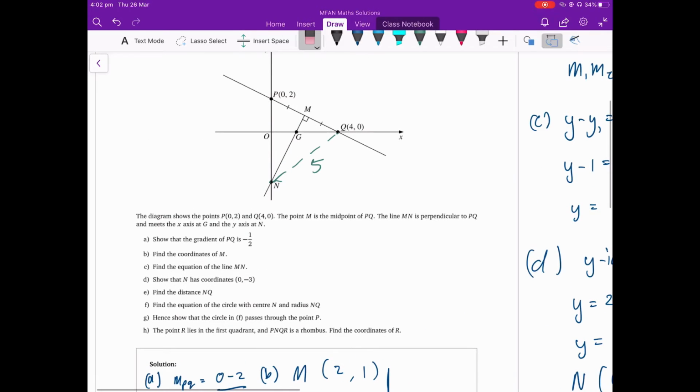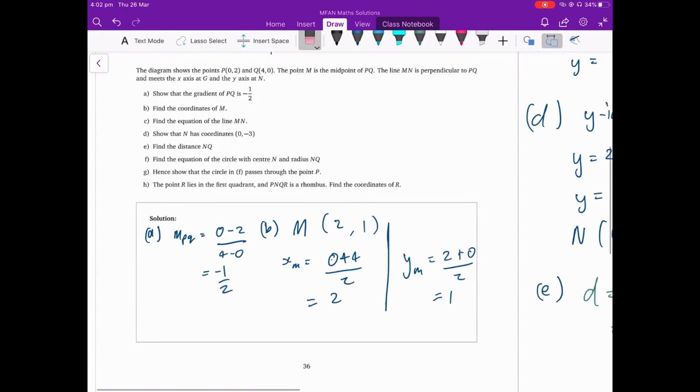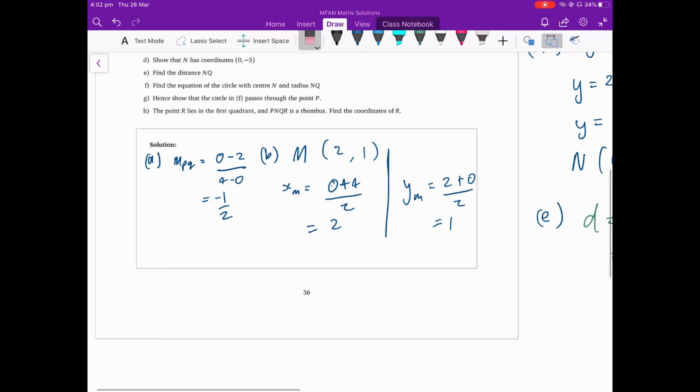Maybe I could do a better one. All right, so not too bad, but I might give up. So we've got N as the center and NQ as the radius, so it has a radius of 5 in the center of N. Now we can use our formula here